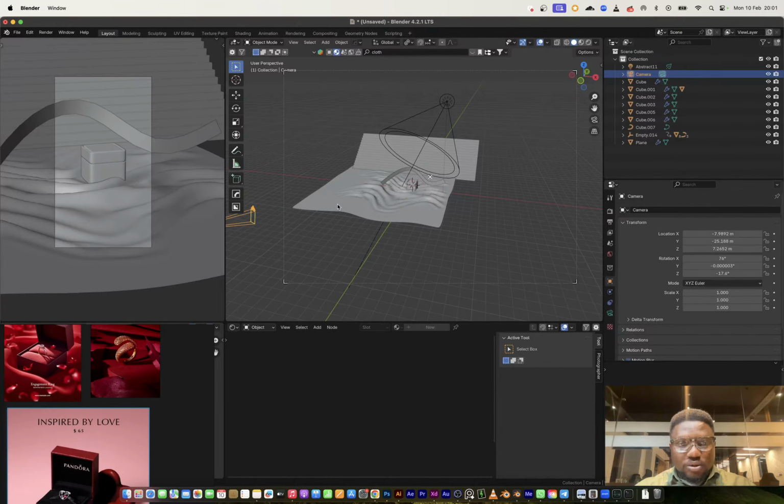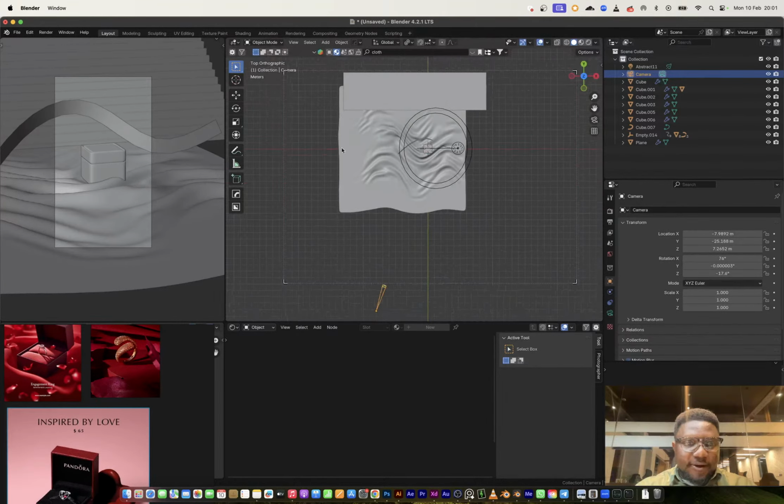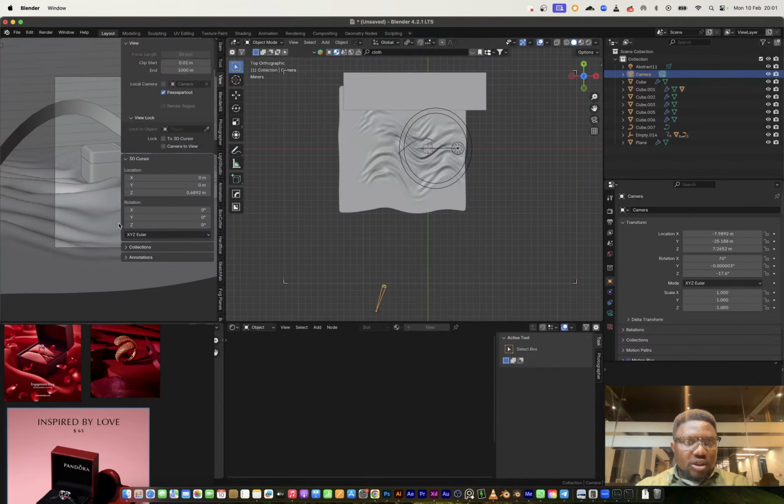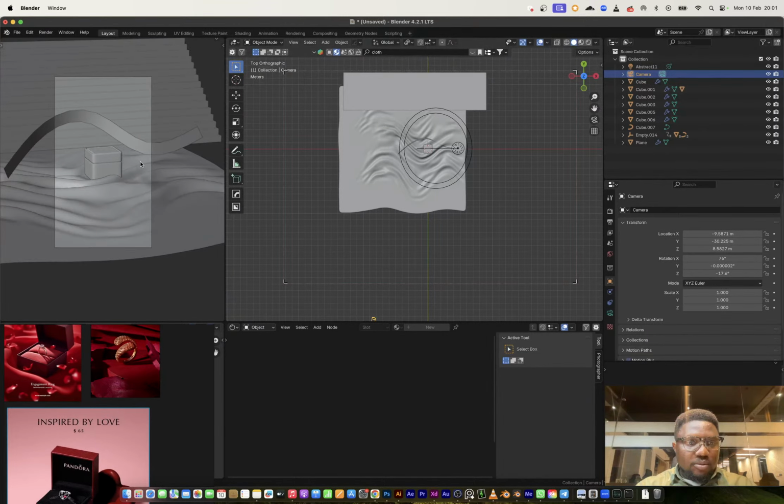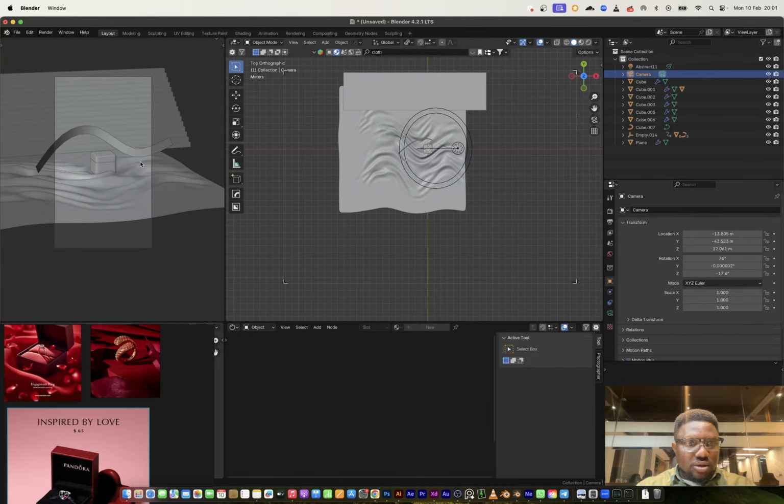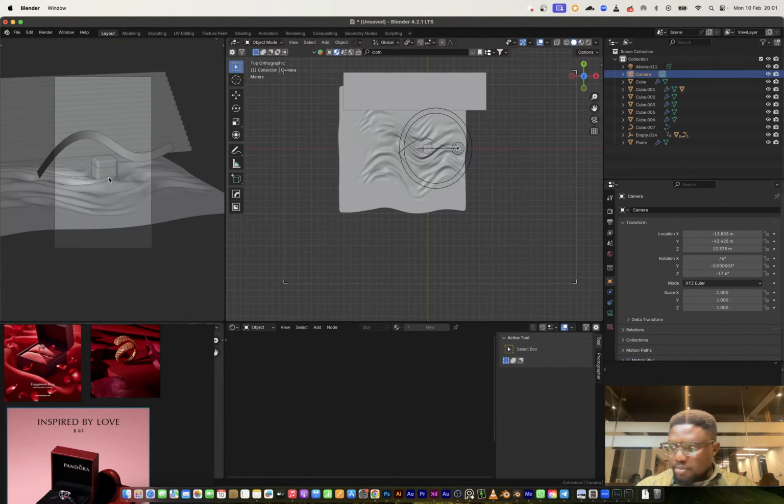So I'm going to go to the top view right here. Or let's do it here. Move back on the shots, just like so. Let me frame this up better. So I can go to my timeline.